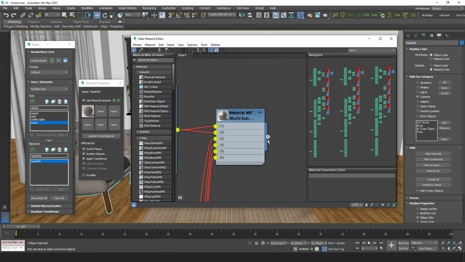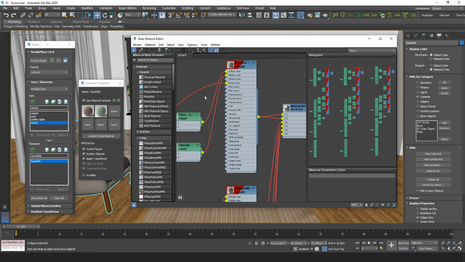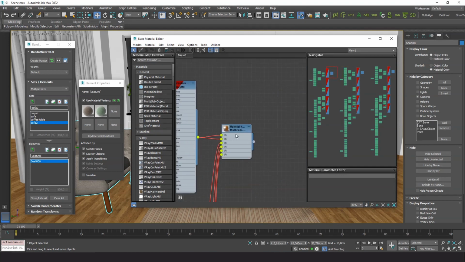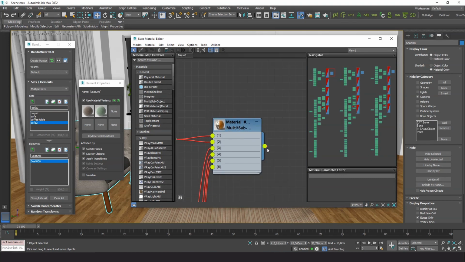So let's drag the materials to the slots. You may need to press this little button to refresh all thumbnails. Now it's all done.